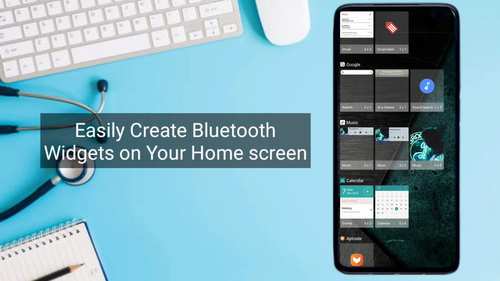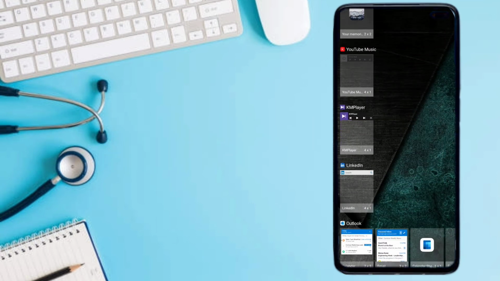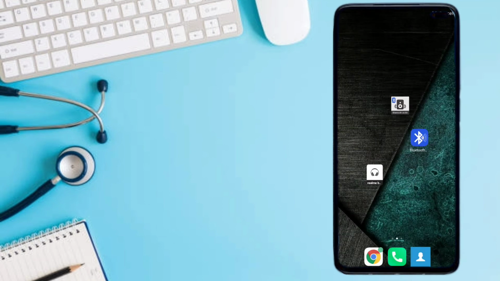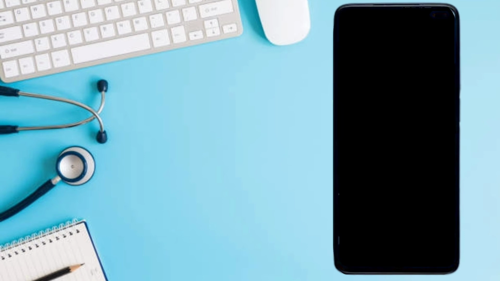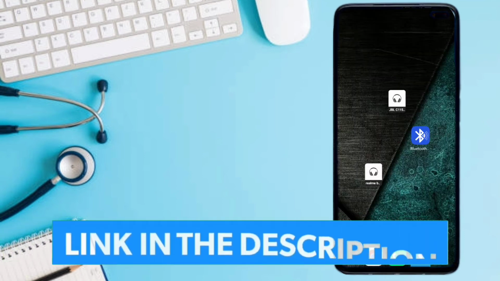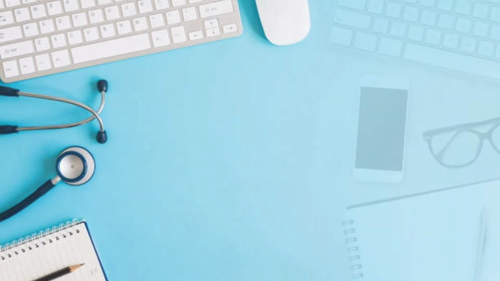So this app might be useful if you want to save time on selecting the Bluetooth device from your widget. So just go to the widget screen and drag which one of the Bluetooth devices you want. So you can simply pin it from the app itself. There will be ads because the developer needs money. So this app might be useful to you. Let's go into the next one.